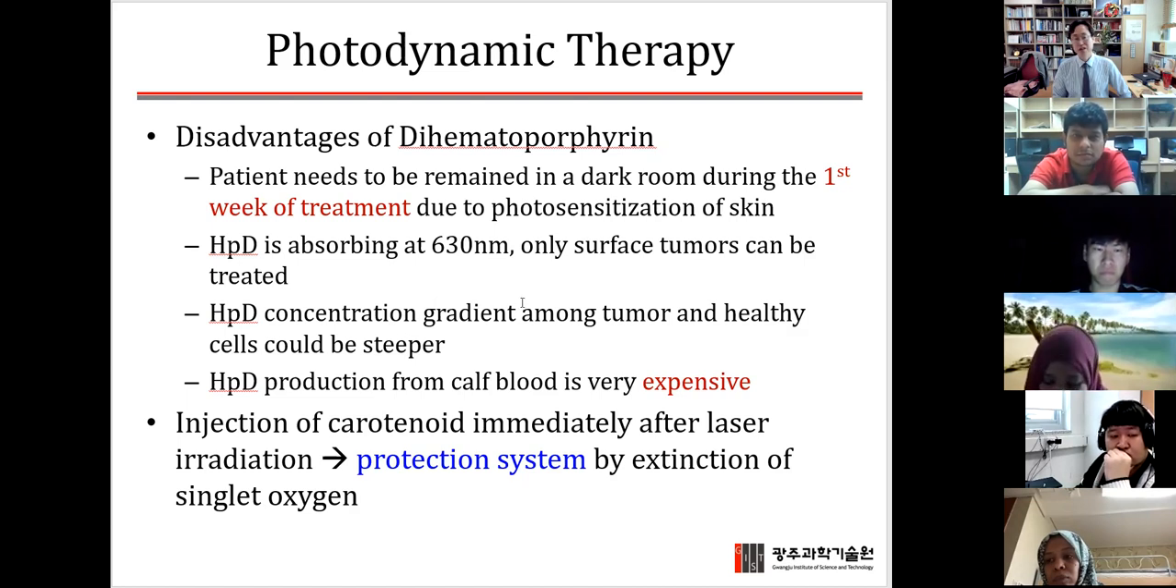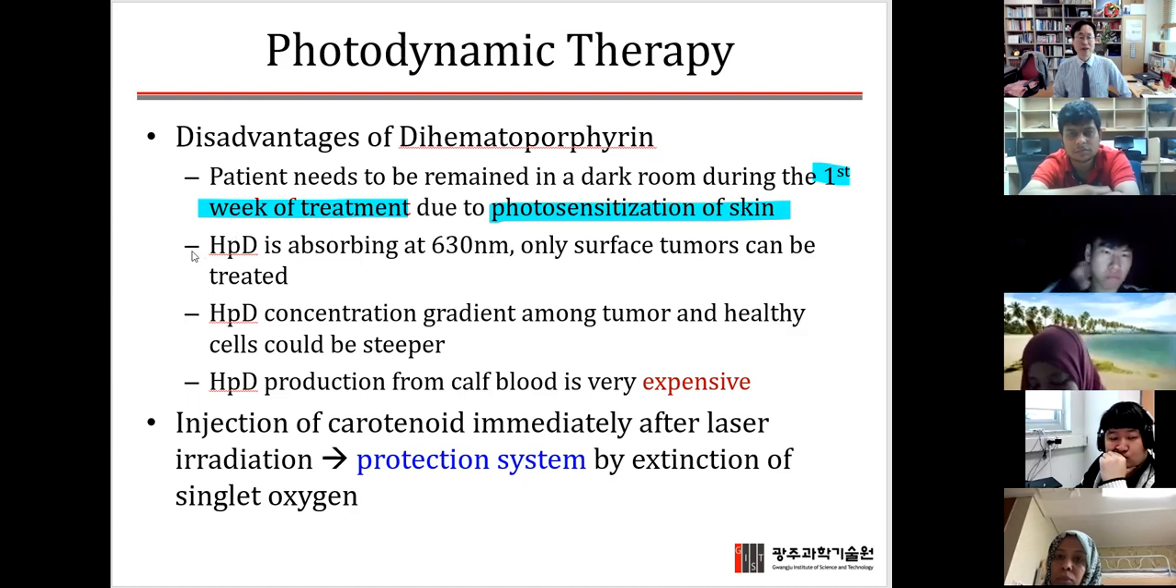Because there is a chance that the photosensitizer can remain in the normal tissue for a pretty long time. So the patient has to be in the dark room even like 1 week after the treatment, because there is a high chance that the skin can contain photosensitizer. So that's the disadvantage. And then also,